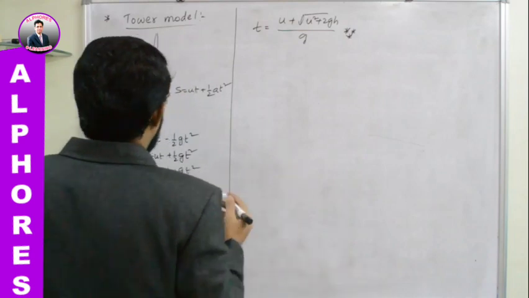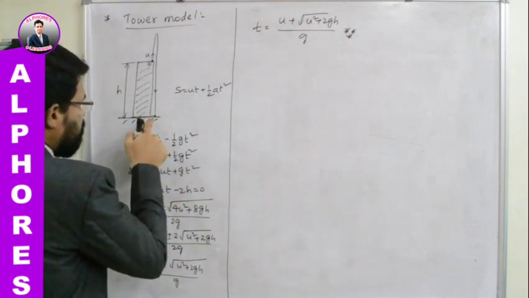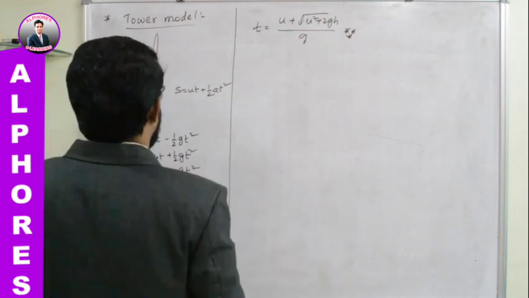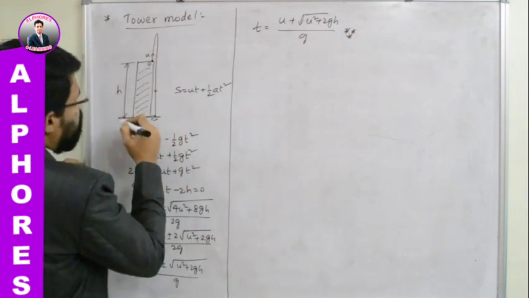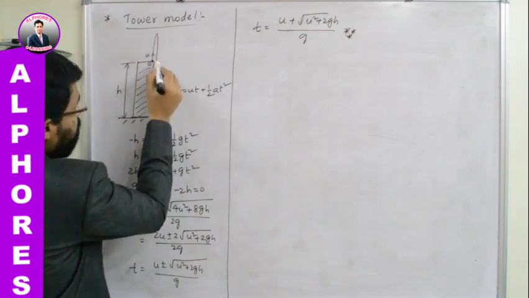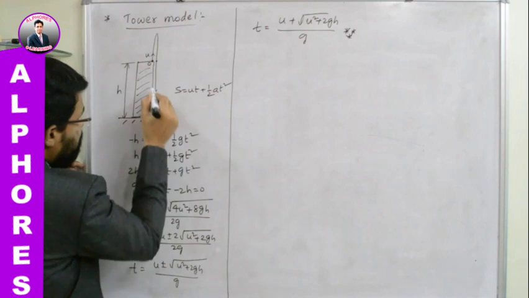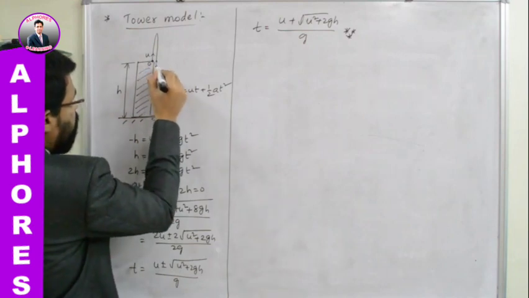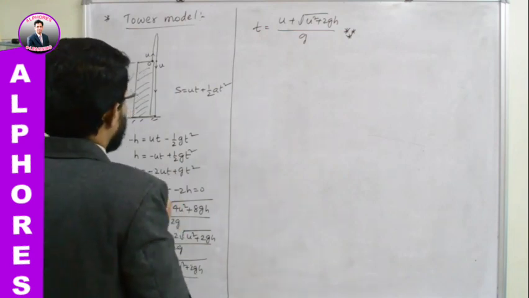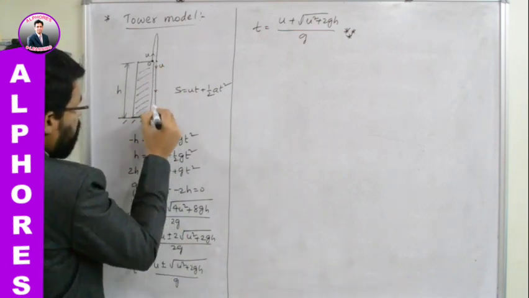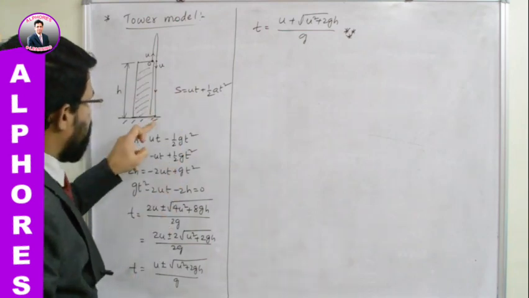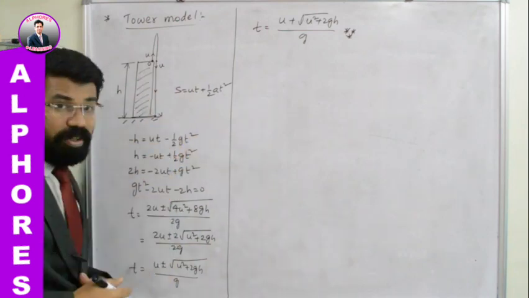Now let us try to find out with what velocity it strikes the ground. In the previous sessions we have come to one conclusion: if a body is projected from a point with a velocity u, during the return journey it crosses that point with the same velocity. So here in the downward direction, how much velocity does the body possess? u only. If that is the situation, for this part of the journey from here to here, this is the initial velocity and the final velocity I will take as v.